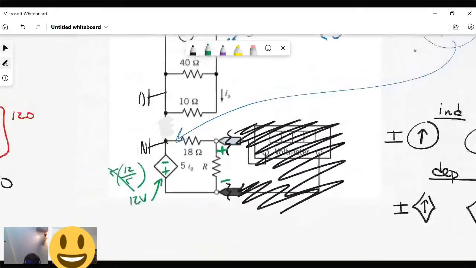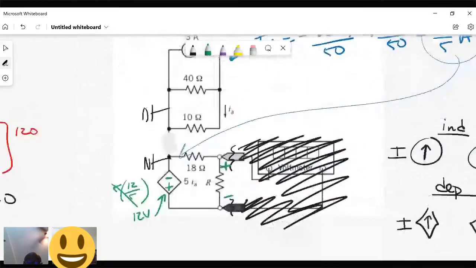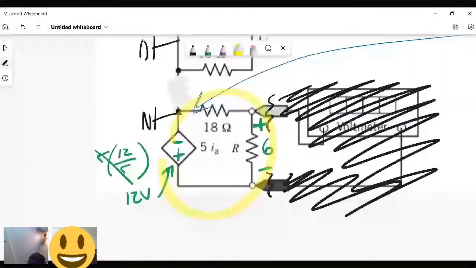Because they said that the voltmeter has to measure 6 volts. You see that? So we know that this is 6, because they told us V equals 6. Once you get good enough, you'll recognize that this whole circuit is a voltage divider. Once you get rid of all of this other stuff, you'll see, oh, this is just a voltage divider. You'll be fine. And then from there, you set up your voltage divider equation, and everything